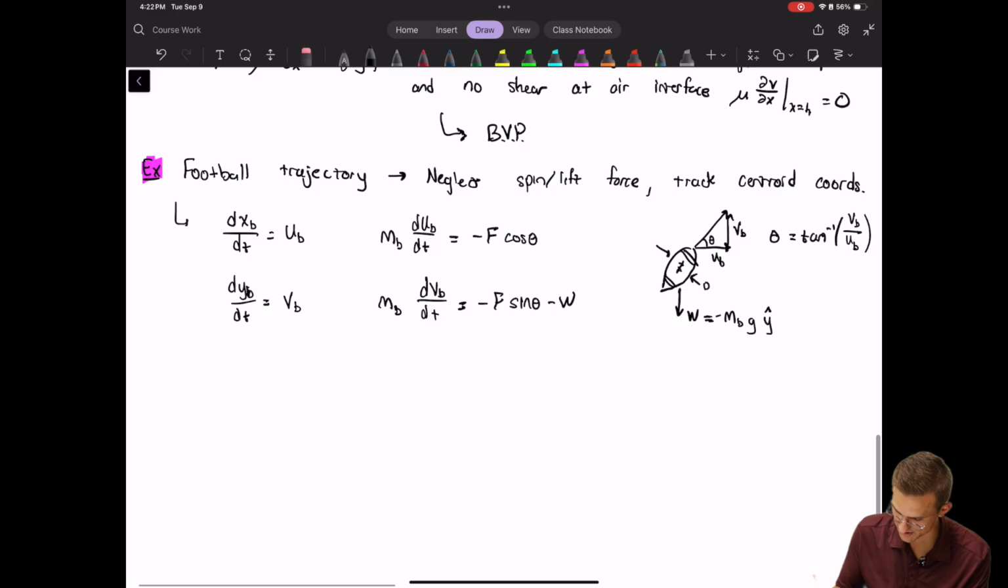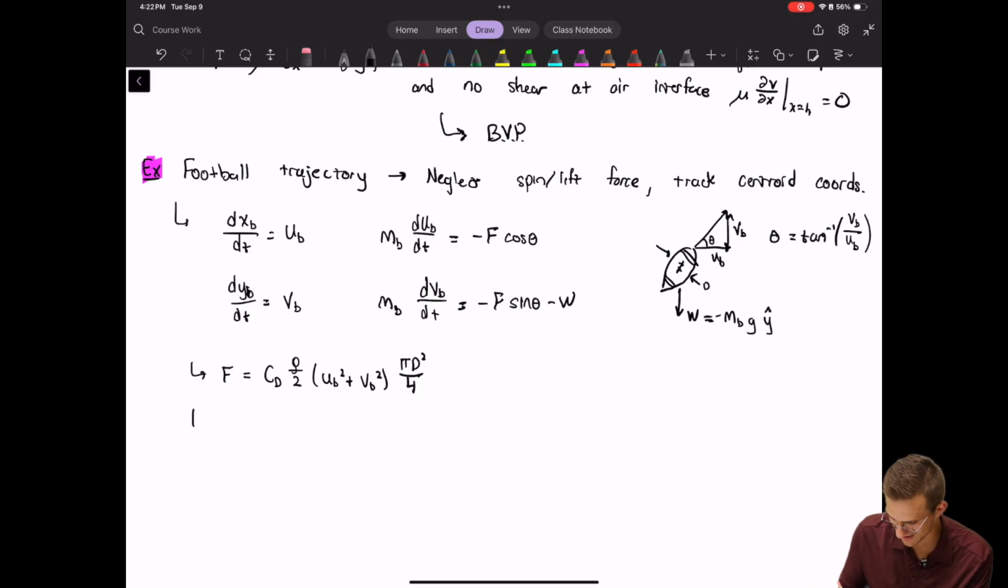Now, what is the force? Okay, so the force, we're going to say that we know some coefficient of drag, and we'll multiply that by rho over 2, rho of air that is, times u ball squared plus v ball squared, sorry, the magnitude of the velocity squared, times pi d squared over 4. All that forms the cross-sectional area. Okay, so that's the force due to drag on the ball, and then we'll have the initial conditions, which are